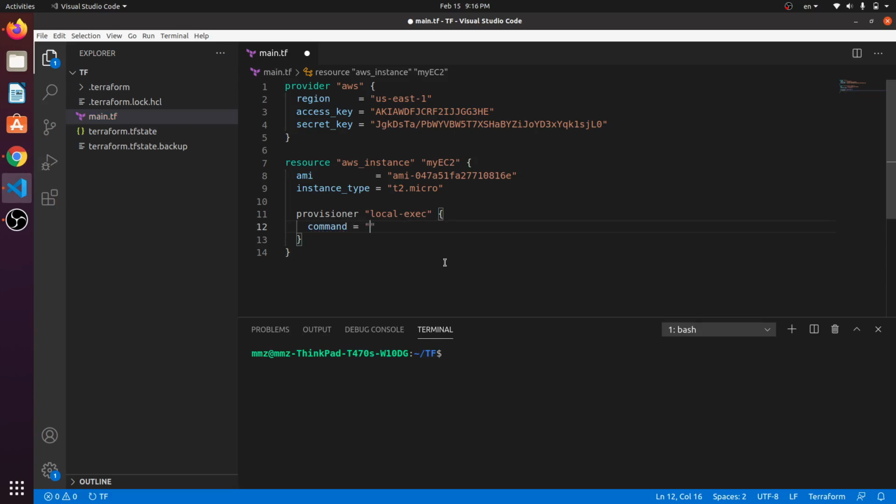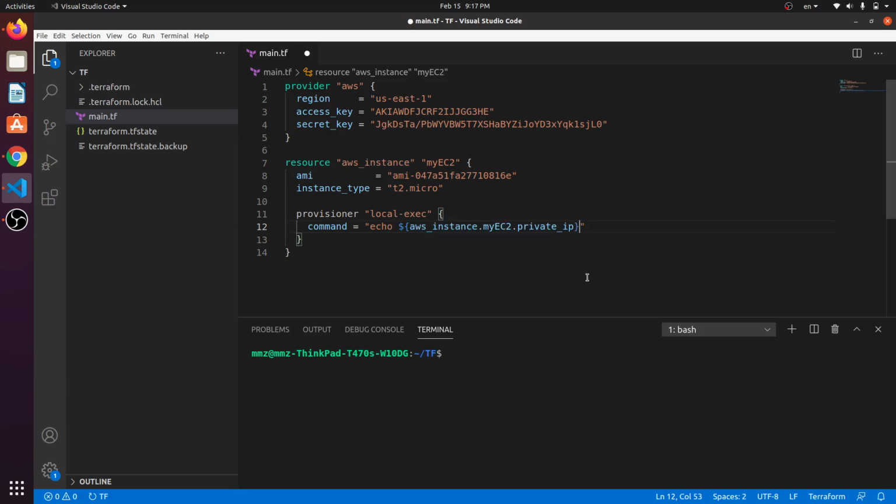Okay, and I will open a double quotation like this, then echo, and I will put this aws_instance.my_ec2.private_ip. By the way, I got this private IP from the official documentation. No big deal. All right. But by the way, I need to put something like this and this. Okay, and close it. So this means that aws_instance.my_ec2.private_ip, we will echo it, but